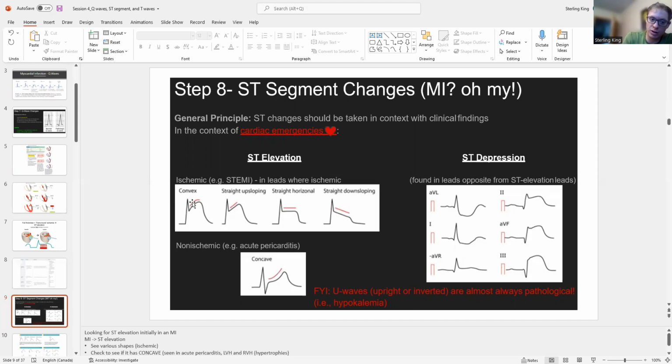If it's convex or straight in any kind of direction, then you're thinking that the heart is not getting oxygen, it's dying. If it has a smile or a frown, if it's going the other way, so concave, bending in like a bow, that is non-ischemic. That is like heart strain, so left ventricular or right ventricular hypertrophy, or acute pericarditis, because that also causes a strain on the heart. So if you see concave ST elevation, you're not thinking an MI. If you're seeing an ST convex or straight, so it's kind of bowing out, then you're thinking this is probably